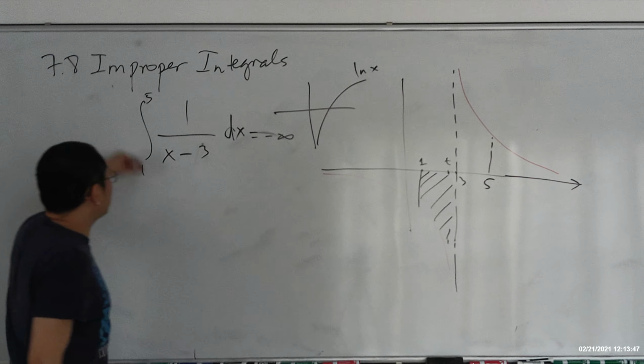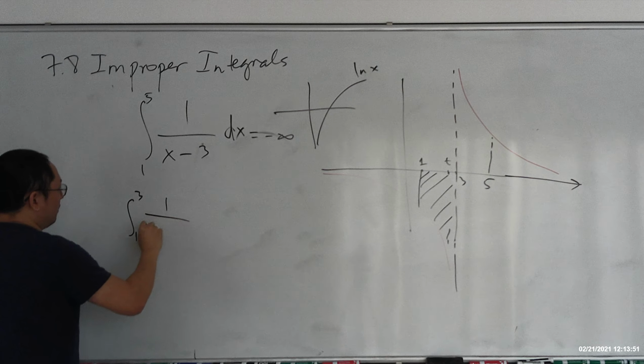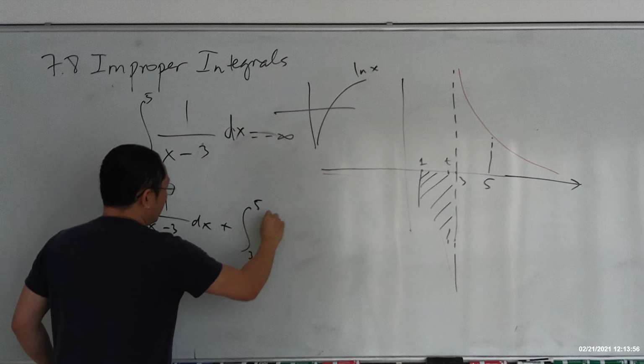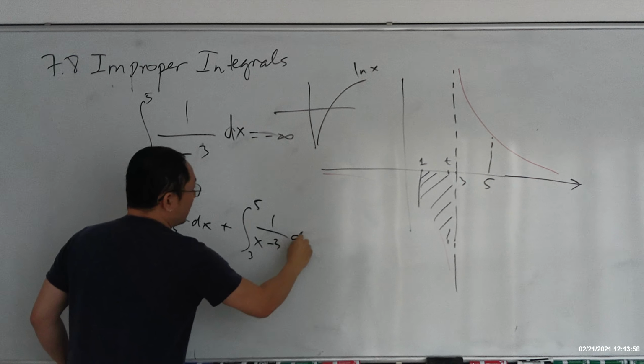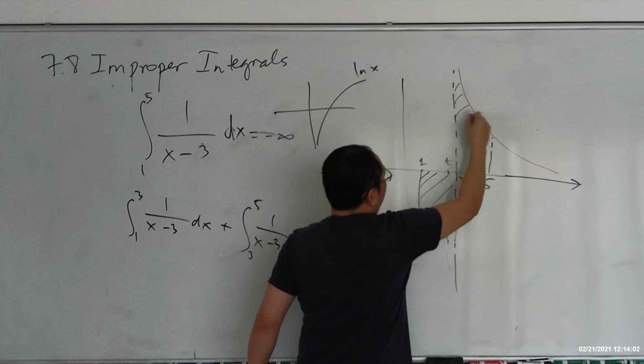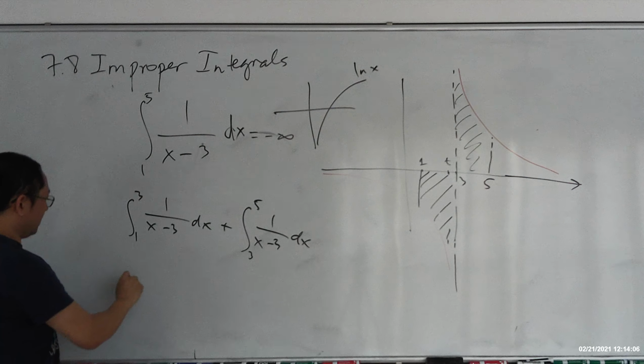Same idea as before. You split it up into two integrals. The integral from 1 to 3 of 1 over x minus 3 dx, plus the integral from 3 to 5 of 1 over x minus 3 dx. In other words, you're looking for this lower area right here, and then you calculate the upper area from 3 to 5 right there. Okay, this one is the integral from